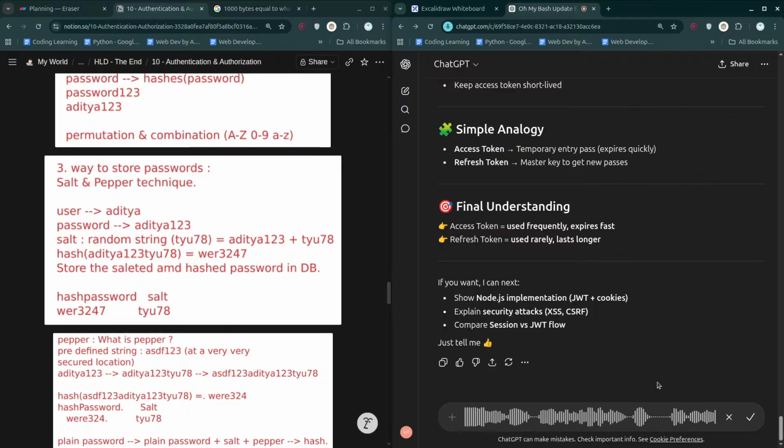Just a minute, I forgot my own question. Okay, suppose I hash the password, and the next time onwards I'm going to be hashing it again. So tell me about the salt and pepper method, how it actually works when hashing the password.